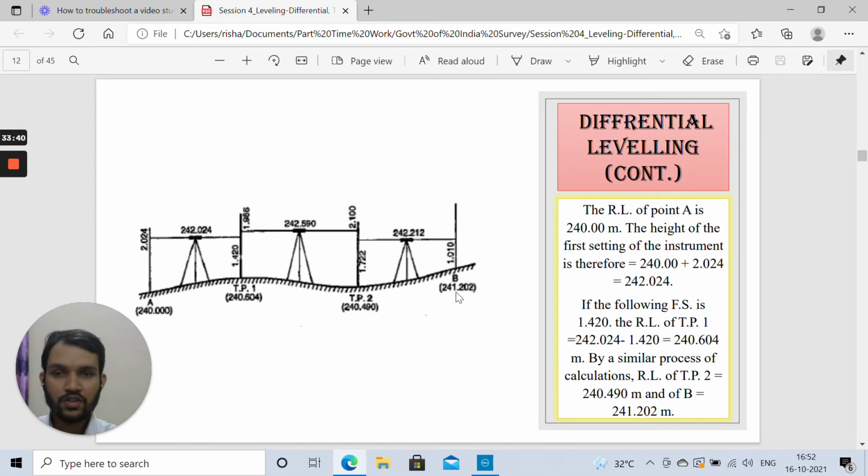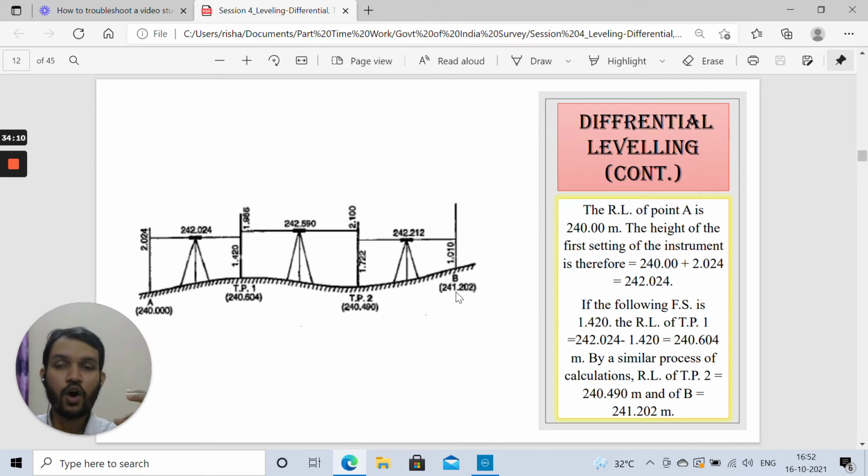So this is the case of differential leveling, and this is how differential leveling is basically done to compute the difference in elevation of various stations. There are basically two methods for conducting differential leveling. The first one is the height of instrument method that I just told you, and the second one is the rise and fall method. I have told you only about differential leveling and how it is done. We will discuss these two methods in complete detail. For that I have reserved the next session, because it is very important.